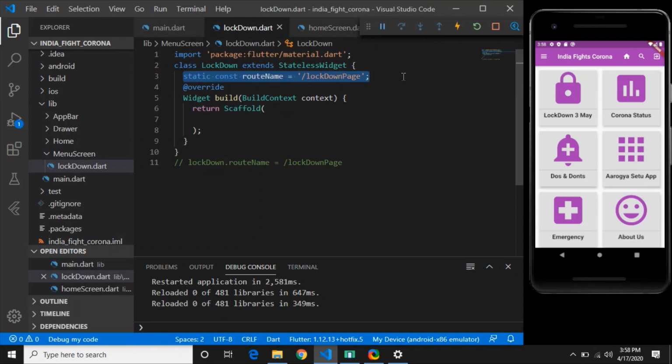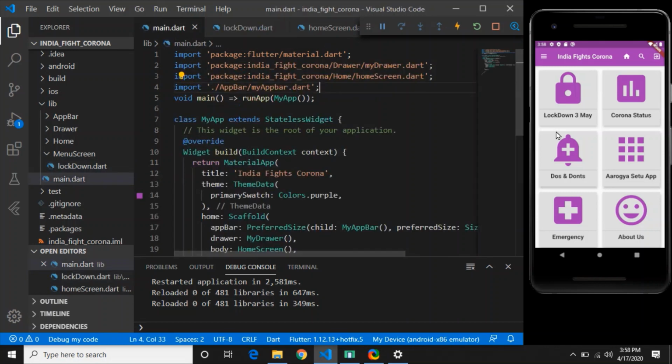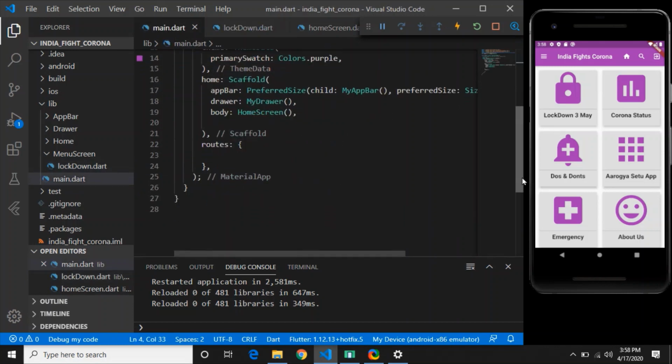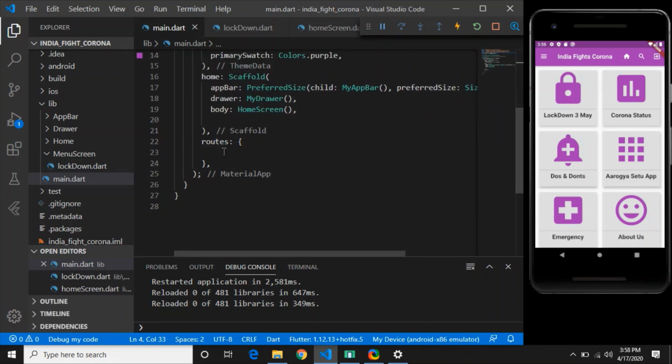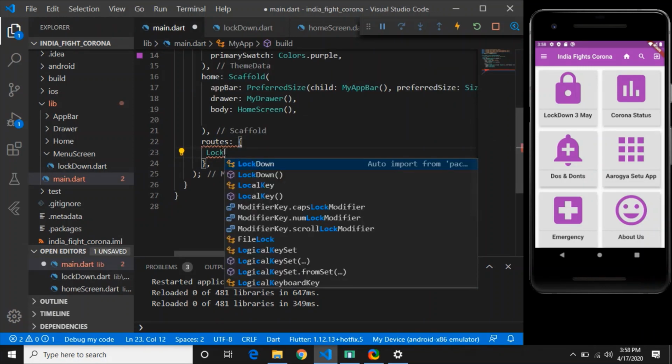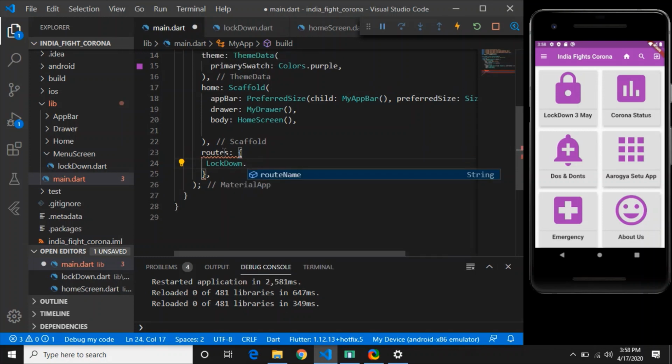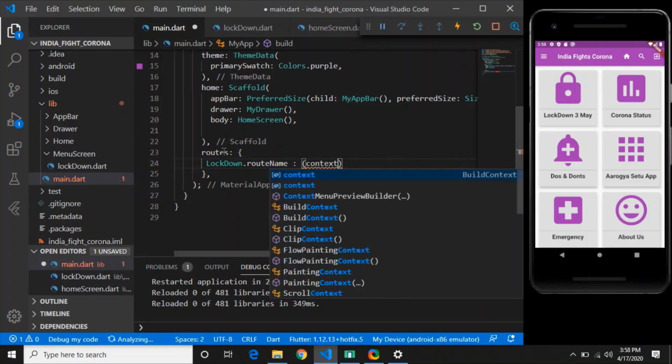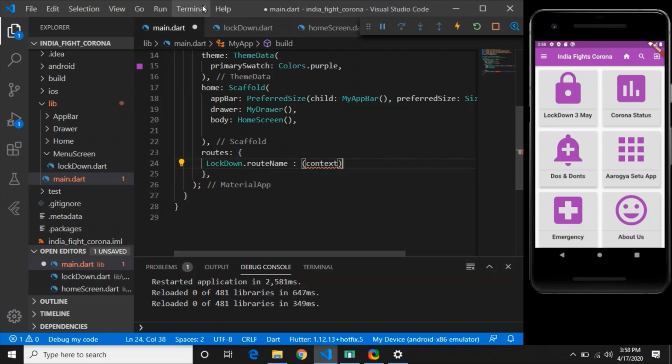Next step is you have to register your screen in the main file. In main.dart, come to the routes. Here just type lockdown, and you get the option dot route name. Give the colon and define context, meaning the present context you are in in the main file, and you will return the lockdown class.